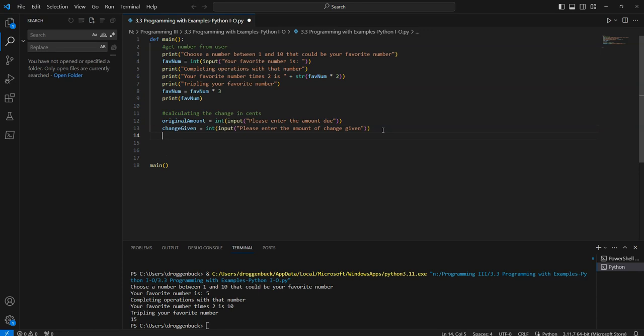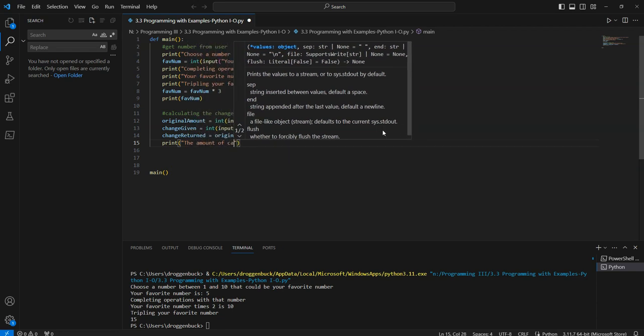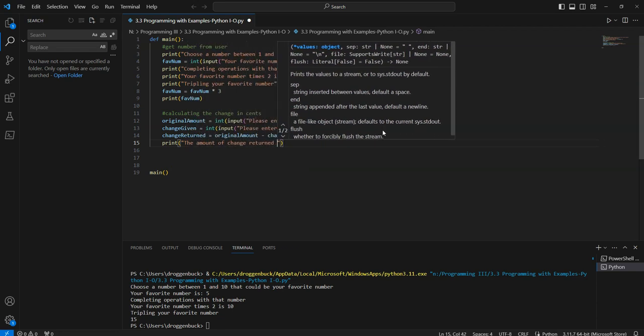Let's call this one change returned, and have that one equal original amount minus the change given. And then we can simply print out the amount of change returned was